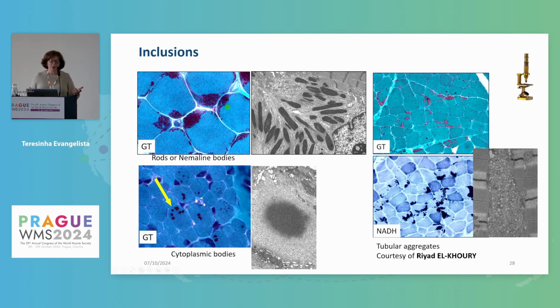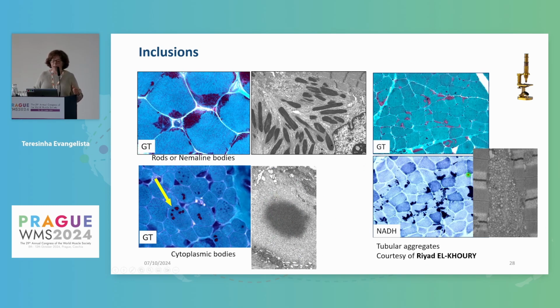So you have seen from Regan the rods or nemaline bodies. This is the aspect in electron microscopy. You have also the cytoplasmic bodies, and if you have cytoplasmic bodies in one biopsy as a predominant aspect, you can think, for instance, of an HMERF, a titinopathy. This is the aspect on electron microscopy, a core, a dense core, and then some fibrils that go into the